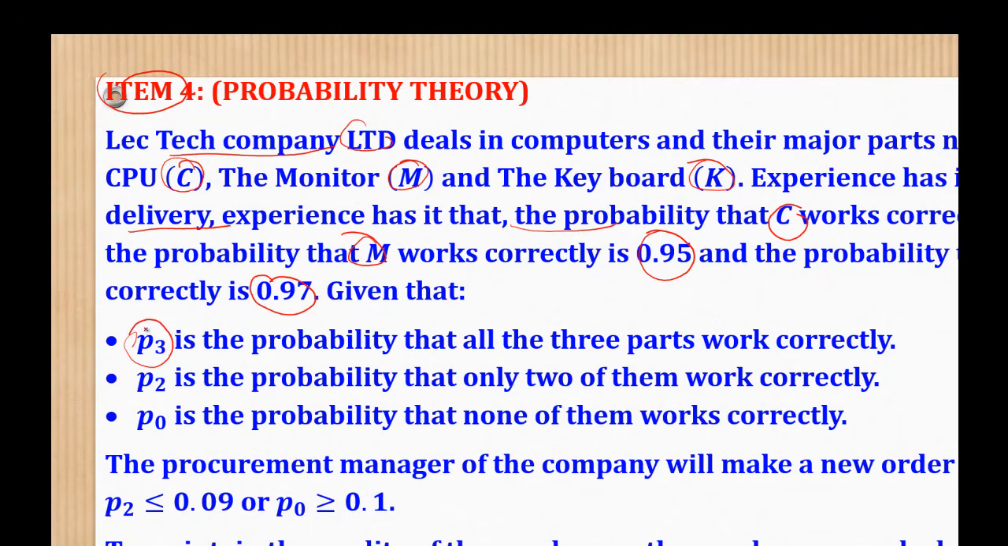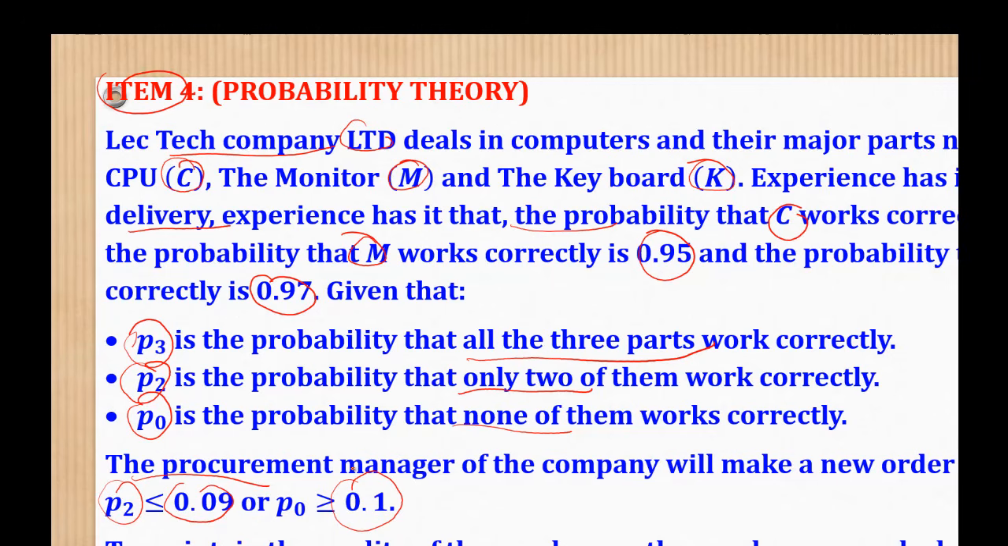Given that P3 is the probability that all the three parts work correctly, P2 the probability that only 2 of them work correctly, and P0 the probability that none of them work correctly, the procurement manager of the company will make a new order if P3 is less than or equal to 0.9, or P2 is less than or equal to 0.09, or P0 is greater than 0.1. To maintain the quality of the employees, the employees regularly answer